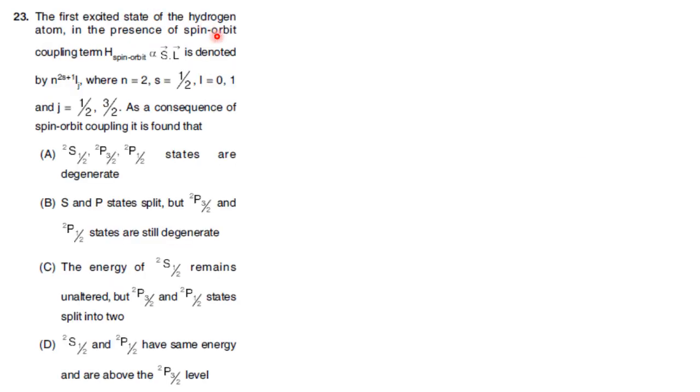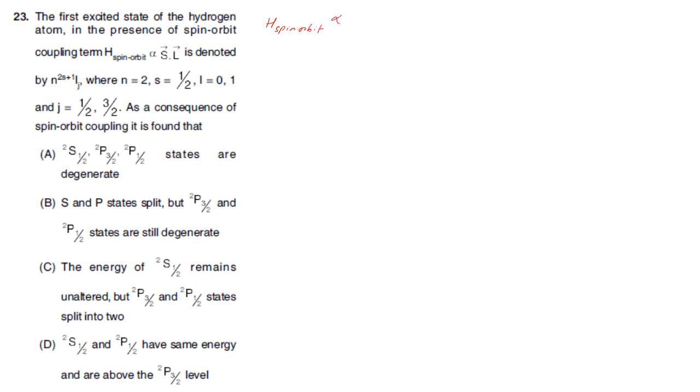The first excited state of the hydrogen atom in the presence of the spin orbit coupling term H spin orbit, which is proportional to S dot L, is denoted by n to the 2s plus 1 L j, where n is equal to 2, s is equal to half, and L is equal to 0, 1, and j is equal to 1 by 2, 3 by 2. So here we have to find which of the following is true. Given that H spin orbit